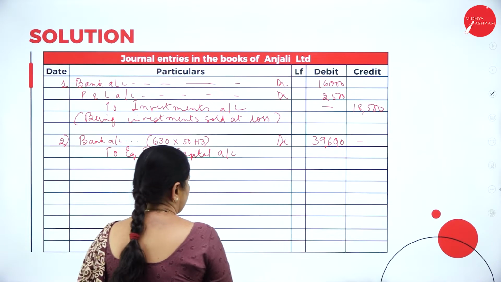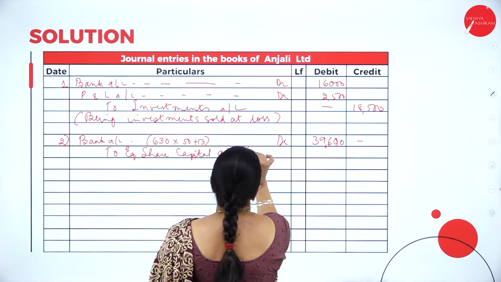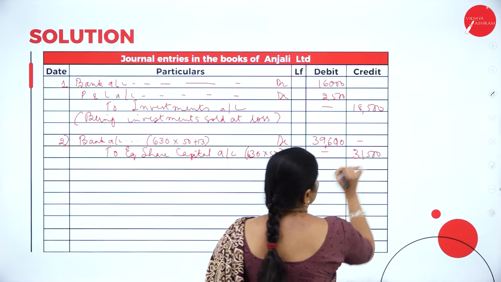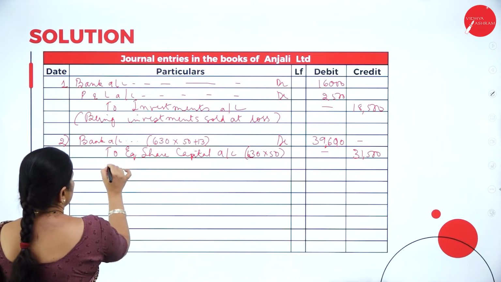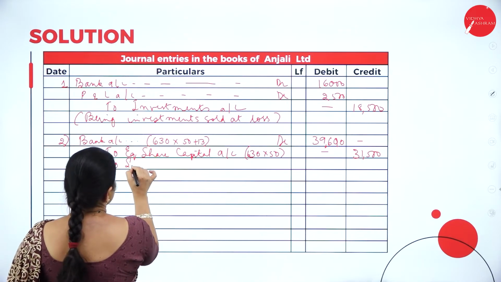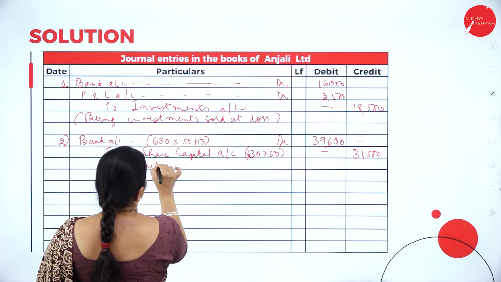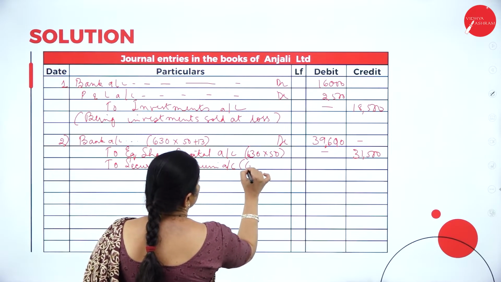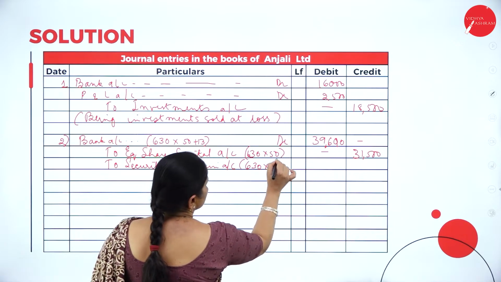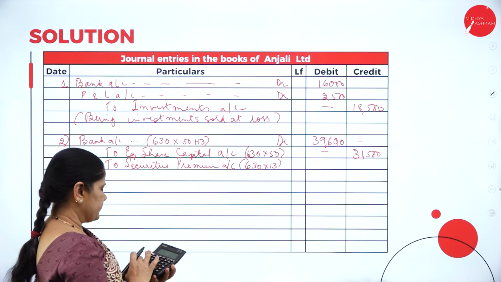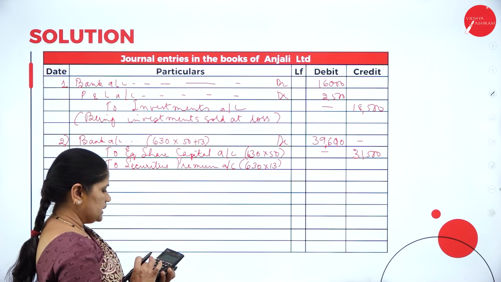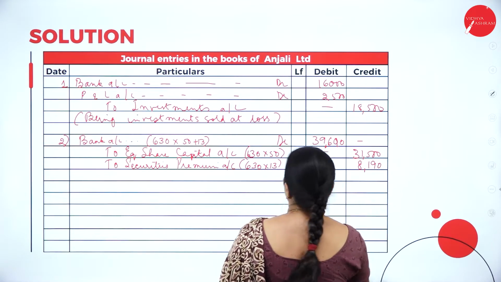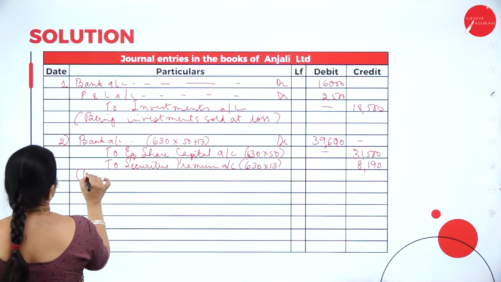To equity share capital account, 630 into 50, so that will be 31,500. Then to securities premium account, it will be 630 into 13, that is 8,190. 8,190, being